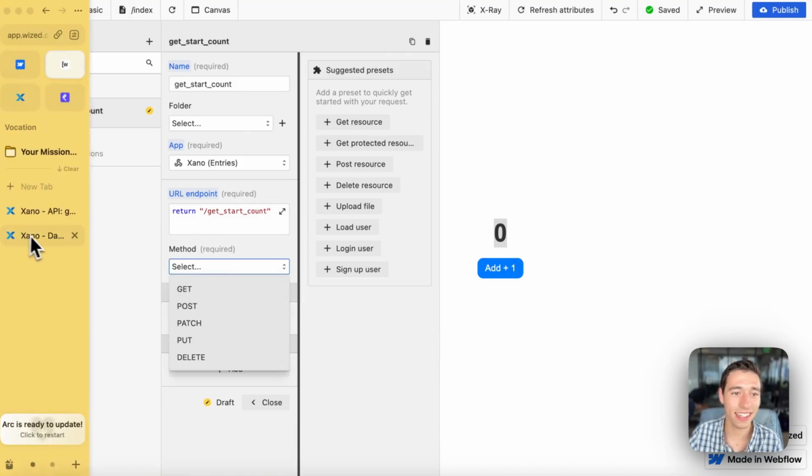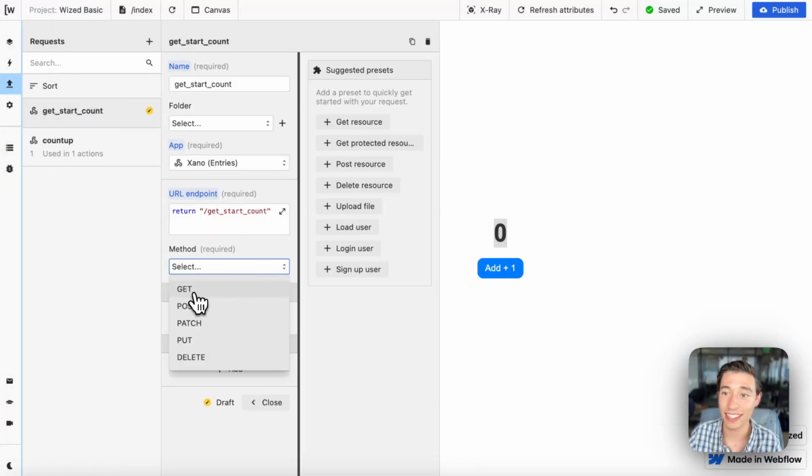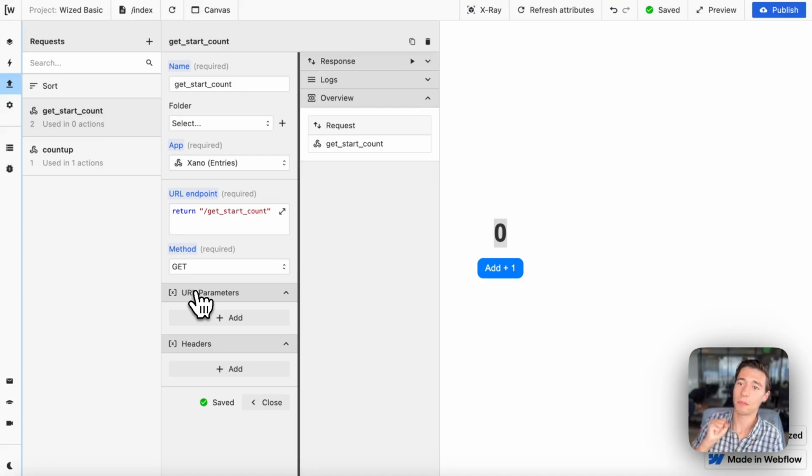Perfect. And now this is a get request. So we need to select get because we're getting data. Before that, we were posting data, and now we're getting data. We're taking something. And since we're not posting data, the data is not so important that we're passing on. So we don't need a body. We can work with URL parameters because we're just getting data, but we need to give our endpoint certain parameters